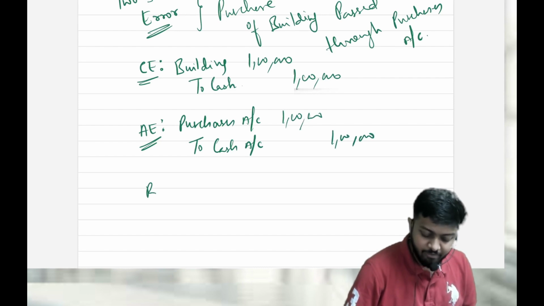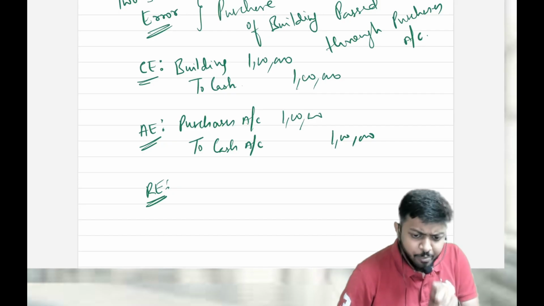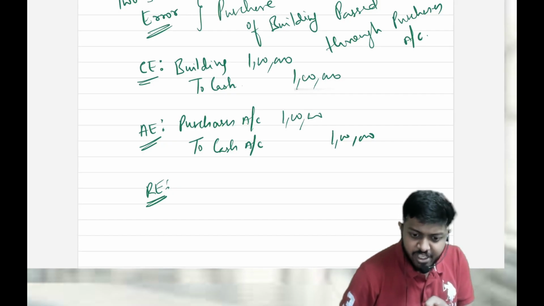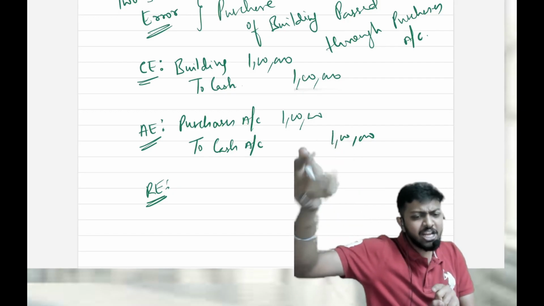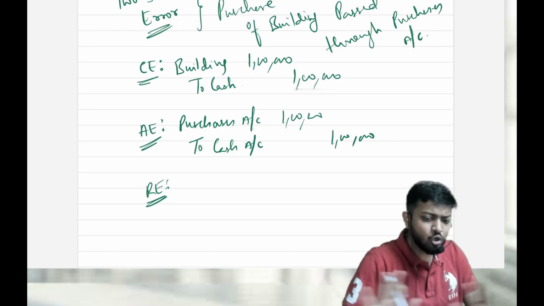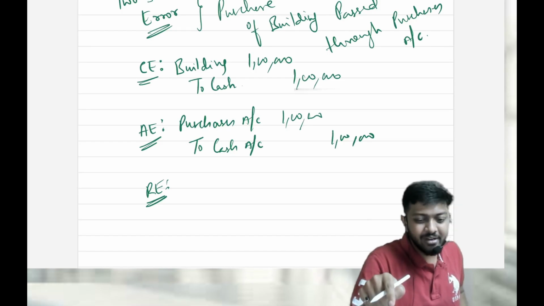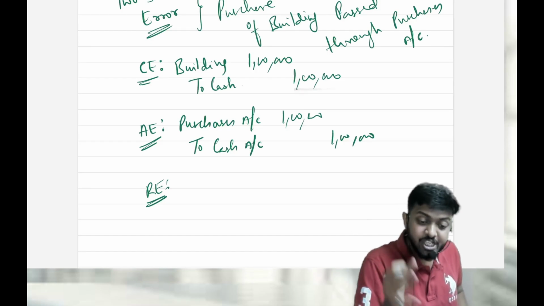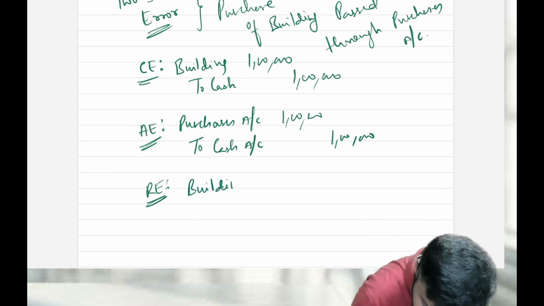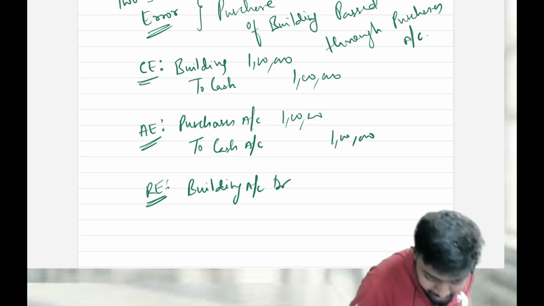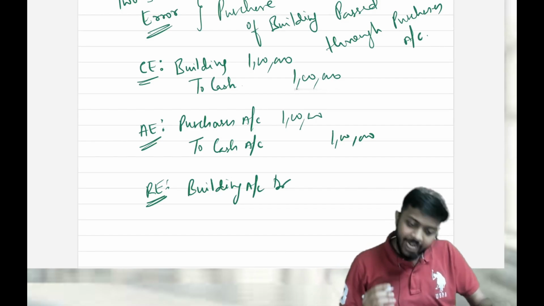Now what I will do in the rectification entry is, I'll see. In the correct entry, building should be debited, cash should be credited. But in the actual entry, only cash is credited. So in the correct also cash is supposed to be credited. Actually also cash is credited. So should I touch the cash account? No, it's already correct. Leave it now. Now come to building. Building should have been rightly debited. But is it debited? No. Debit the account that is supposed to be debited. Building. I will debit building because it's supposed to be debited. No. That's the correct entry. But what is actually debited? Purchases. Purchases is the wrongly debited account. Reverse. Credit it. To